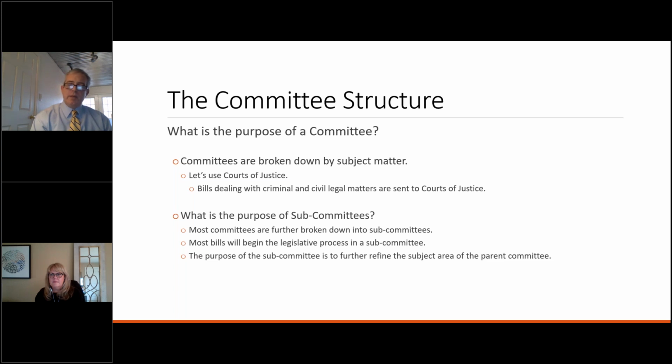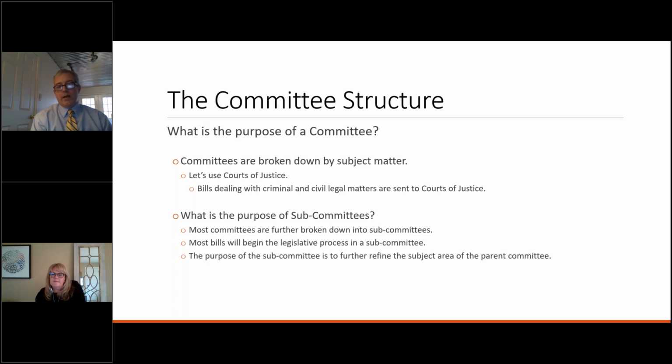Some of the other committees that are important to us, but usually not as important as Courts of Justice, include the Finance Committee, which deals with taxation. So anything to do with the recordation tax, for example, whether to increase or decrease that, would go through the Finance Committee first. Appropriations is another one. That's where we decide how we're going to spend the Commonwealth's money. So if Finance wanted to increase the recordation tax, Appropriations would then decide how to spend it.